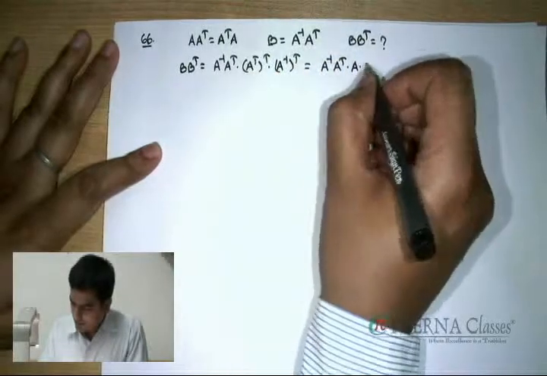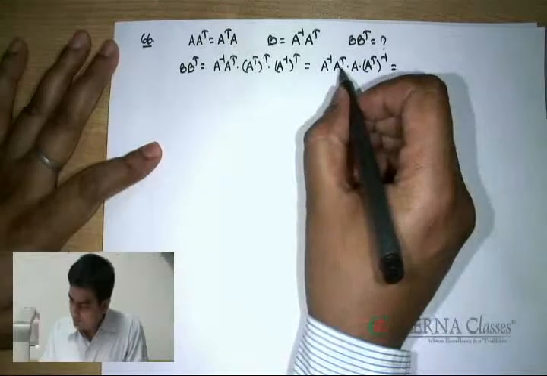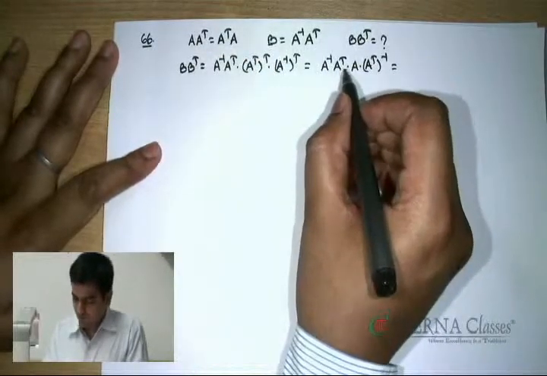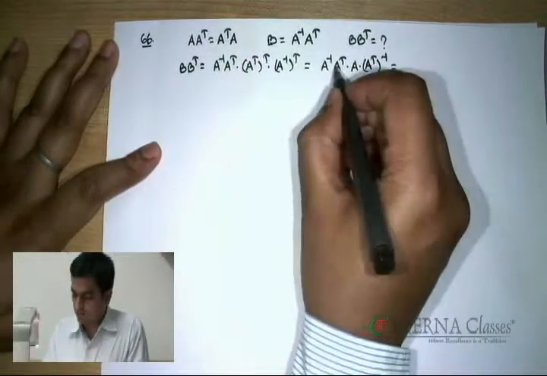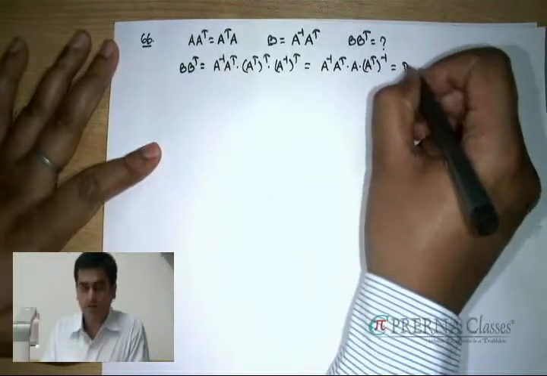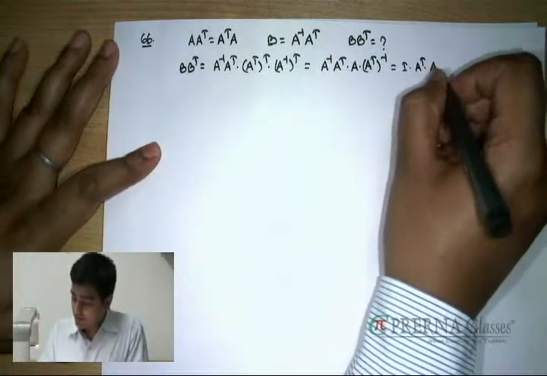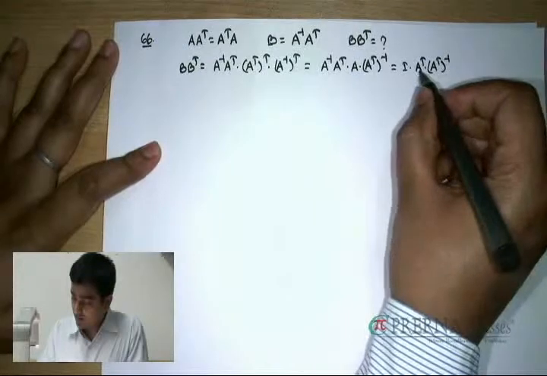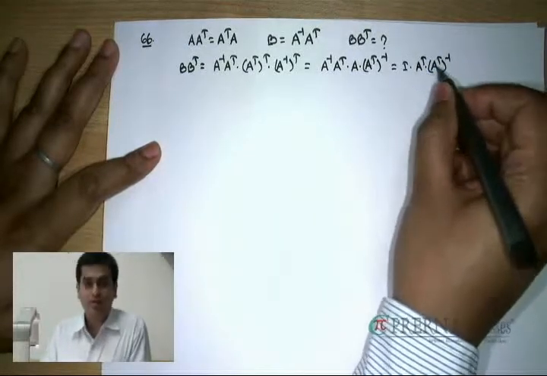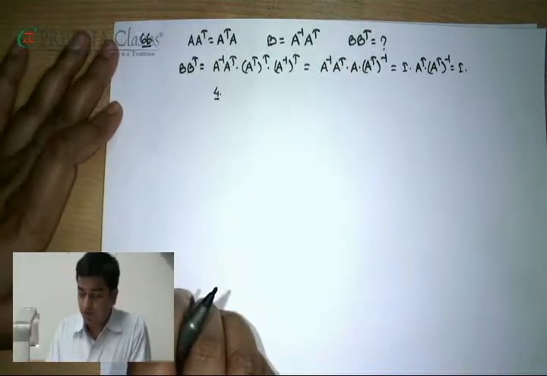This becomes A, and then we have A transpose inverse. Now if you utilize the fact that A is orthogonal, this thing can be written as A into A transpose, and that A with A inverse becomes unit. We have done A transpose here and then A transpose inverse. If I denote A transpose as C, you can clearly check it's C inverse, which is also going to be unit matrix. Hence the complete product turns out to be unit, which is matching with option 4.